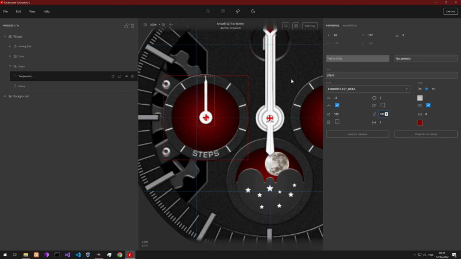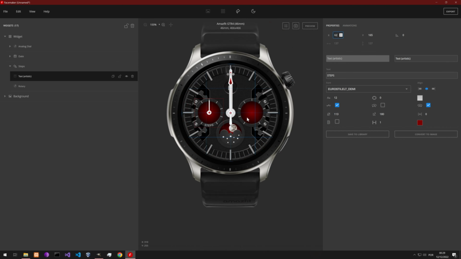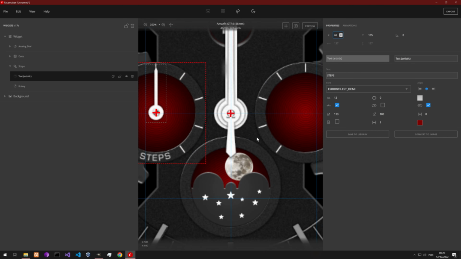Okay, so this is now done. We just need to make some adjustments. Bring it a little bit to the left and up like this, and resize, and there you go. So this complication here will represent the steps, and now we need to set the start